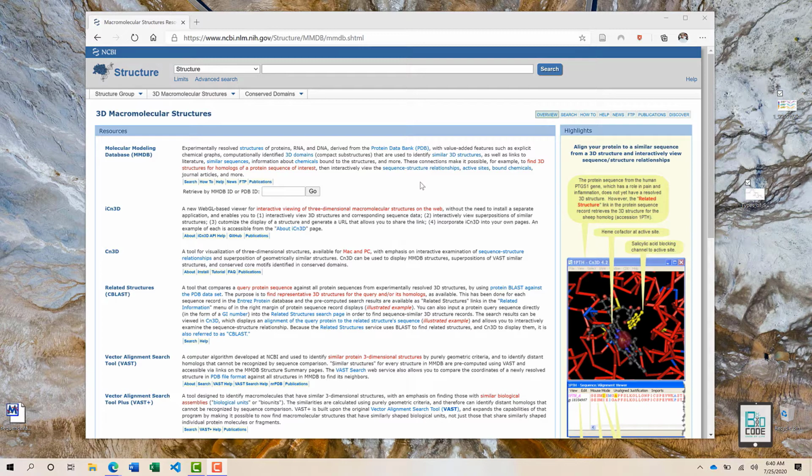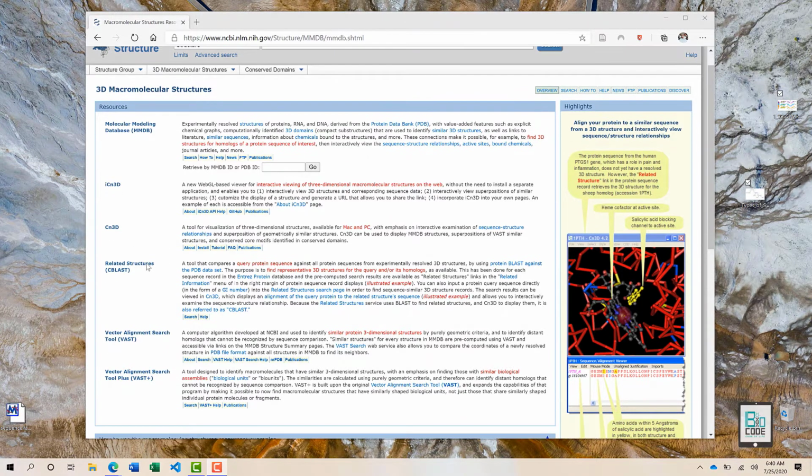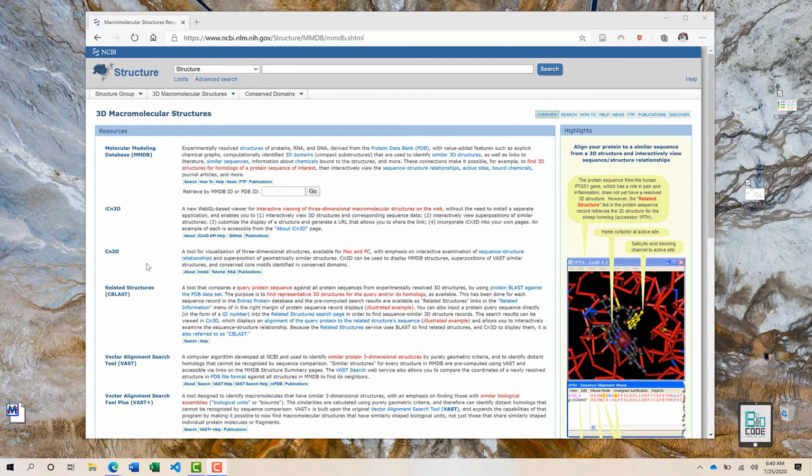It has its own different set of tools as well. You can use iCn3D and Cn3D, which are visualization tools for a particular structure that you will be downloading from MMDB or PDB. You can visualize them on these two tools.